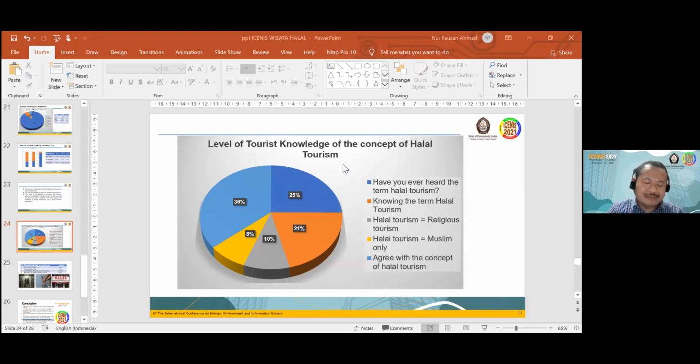Almost half of respondents already know the concept of halal tourism, but when we check in the field, 19% answered that they never knew about halal tourism. There are still quite a few who consider halal tourism to be identical to religious tourism,